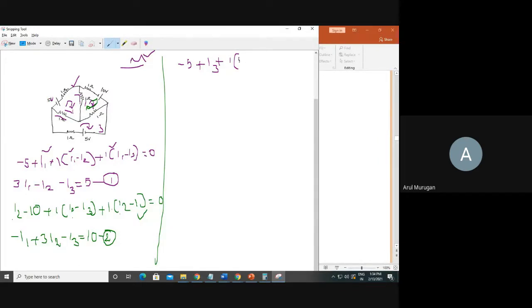So first I3 minus I1, close the bracket. Then here plus 1 into I3. Similarly, I2 is in the opposite direction. I3 minus I2 is equal to 0. Then you can see how many I1s are there? Only one here. Then write minus I1. Okay. How many I2s here? Minus I2. Okay. Then next one, how many I3s are there? 1, 2, 3 I3s are there. Then write plus 3 I3. 3 I3 is equal to minus 5 moved to the opposite side, plus 5. So that's all. Equation number 3 is ready.